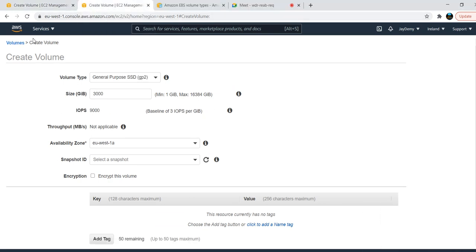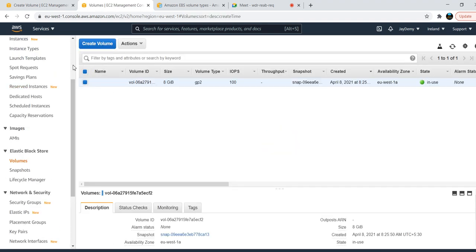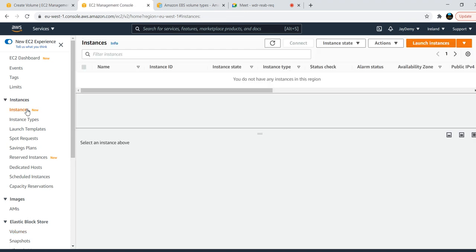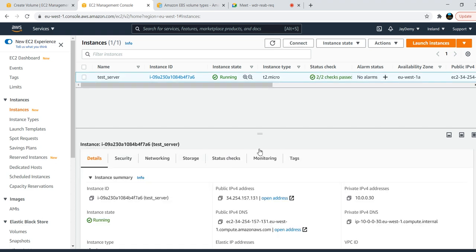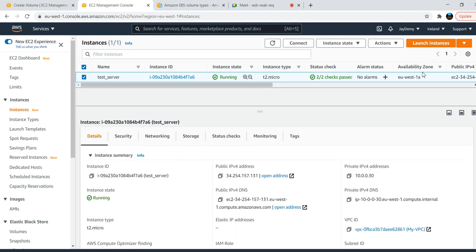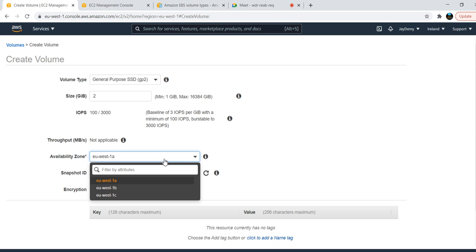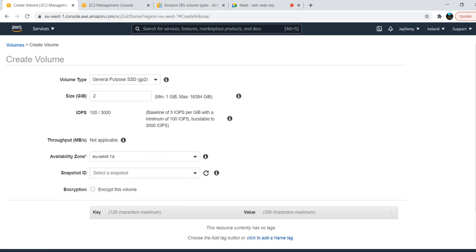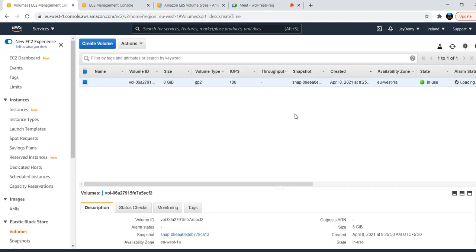Okay, I'll go back here, and I need to verify where my instance is running, in which availability zone, or else we will have an issue. It is running in 1A. So let me create in 1A. So in 1A only I'm creating. Okay, and just create volume. Now I created the volume.